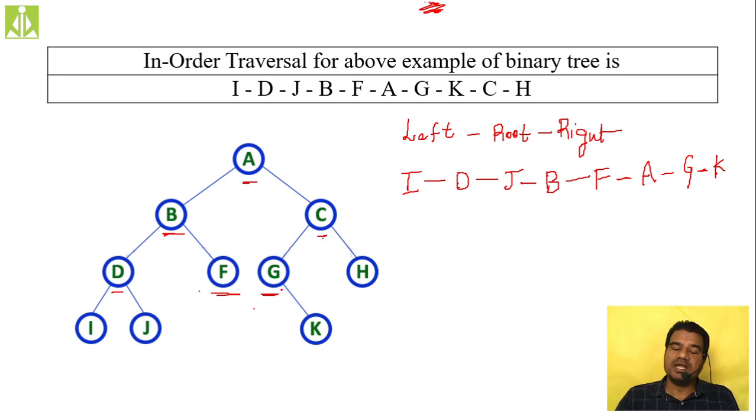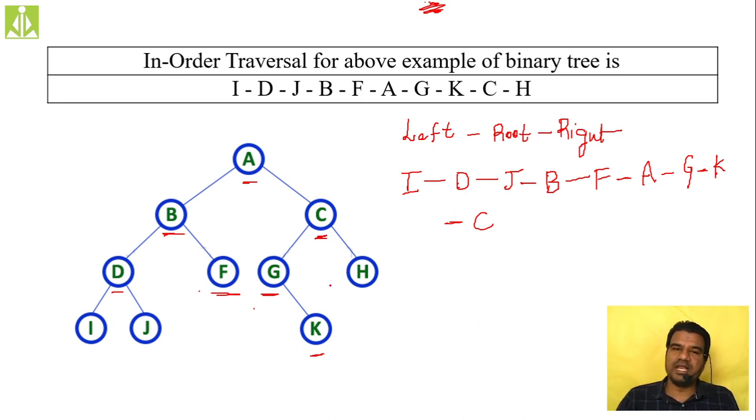For G, we don't have a left child, the root we have visited, and the right side is also visited. So again go back to C. When you are at C, C is your root node and left child G is already visited. So visit C, the root node. After K, we'll have C. Then for C, left child G and root C are already visited. So now visit the right child. What is the right child? H. Come to H and make H root node. H is root node, so I can't visit the root node yet.